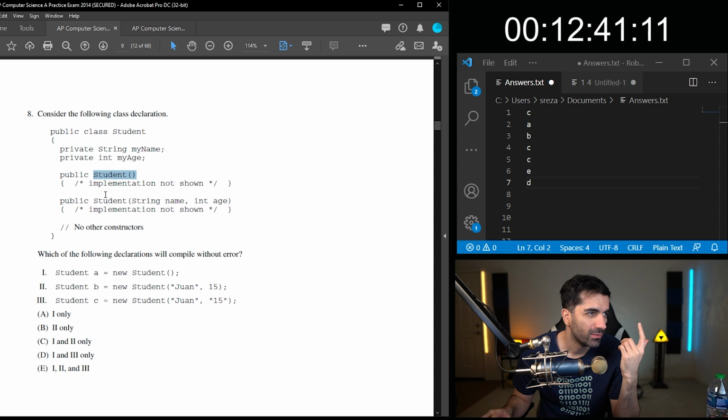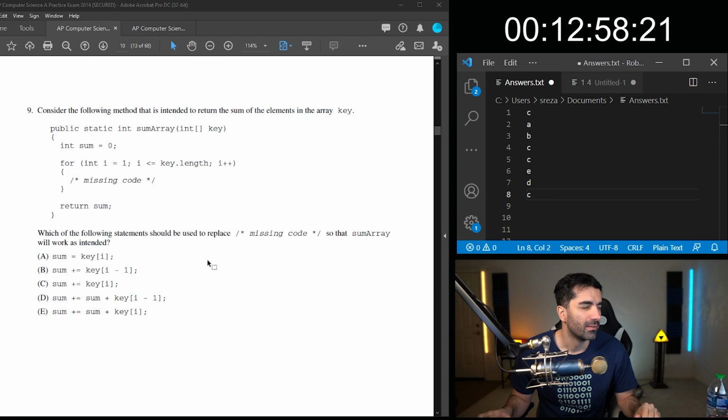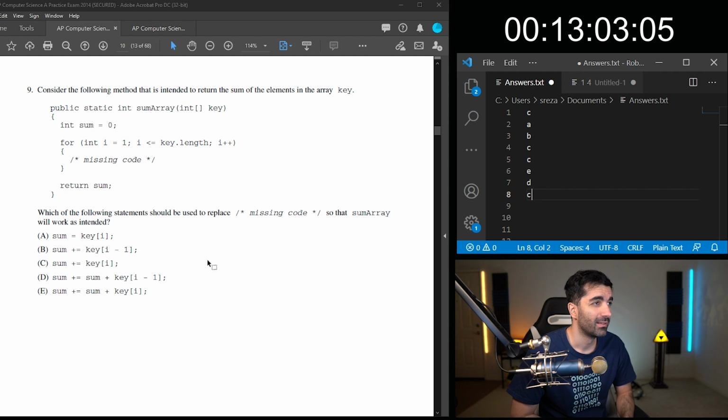So 1 would work. This is a name and an int, it should work. This one will not work because it's expecting an integer, but we're passing a string, so it would be 1 and 2 only. So it's going to be a C. I feel pretty good so far. I feel like we've gotten them all right.